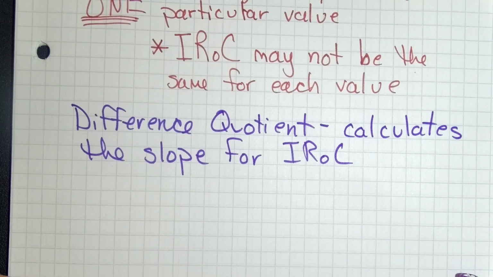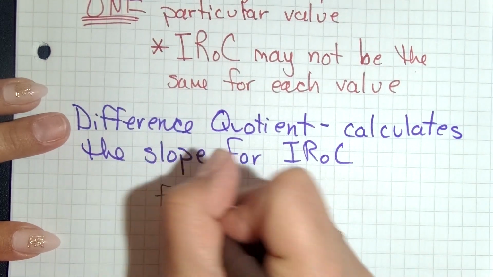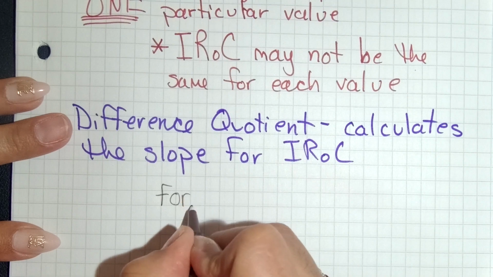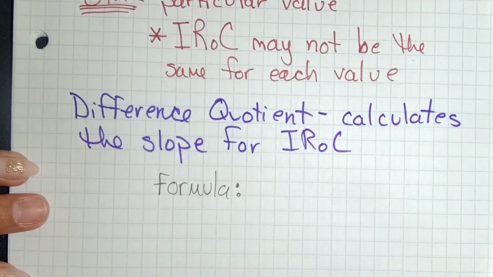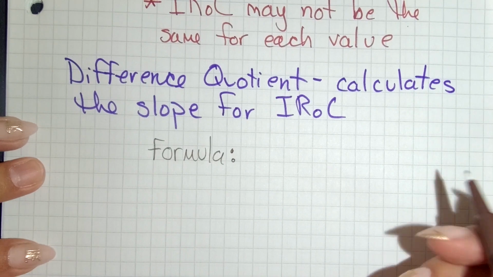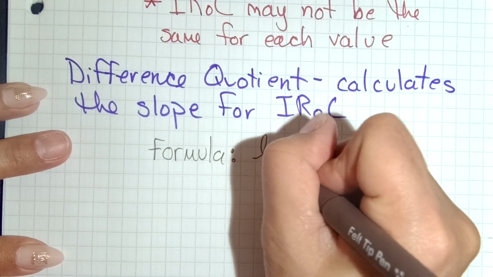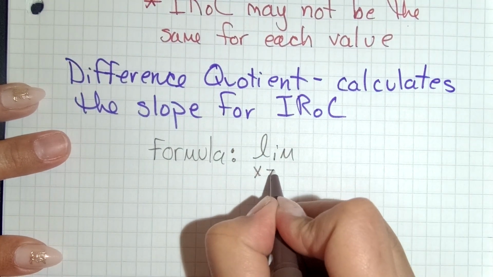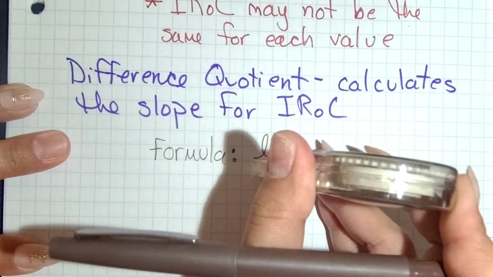We have a formula, and no, you don't have to memorize this formula. We'll have it on the board, you can use your notes. We'll put it on your notes, or on your exam, or assessment. Just have to remember it. The formula is as follows. The limit as h approaches